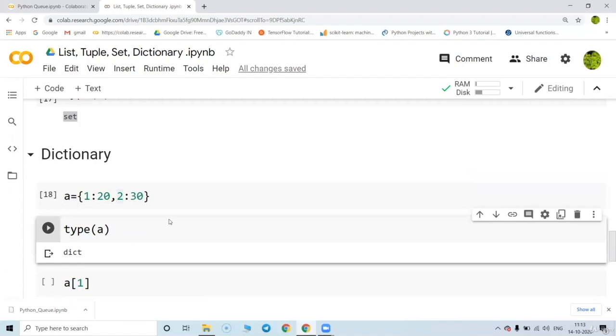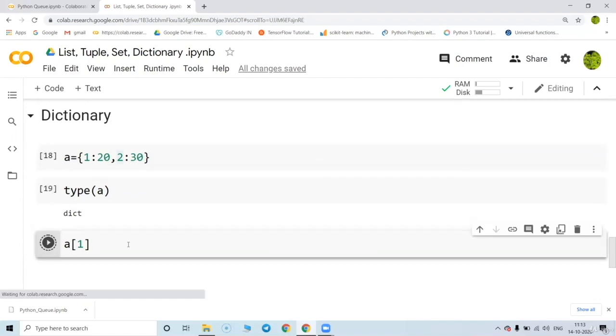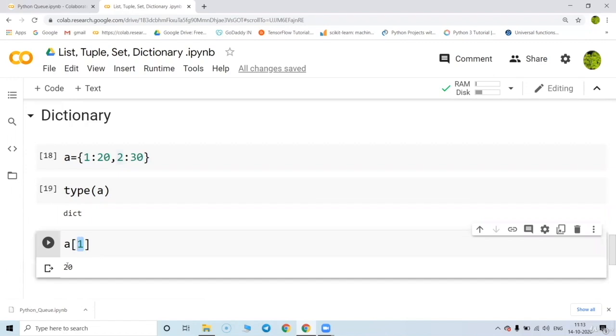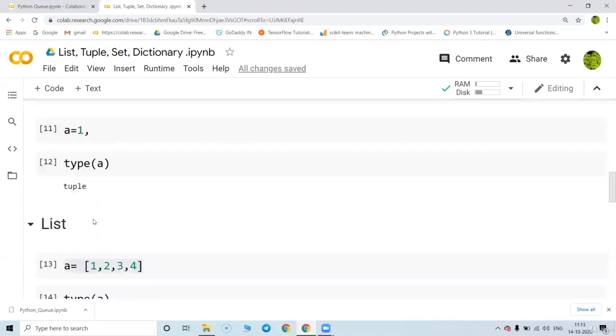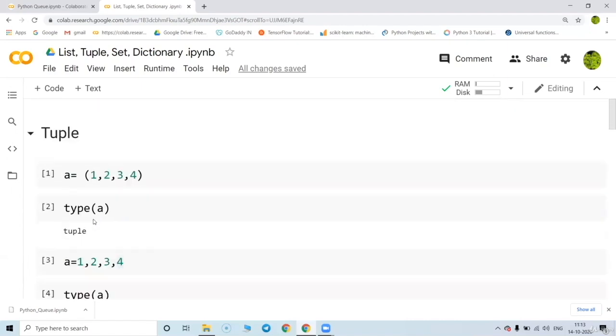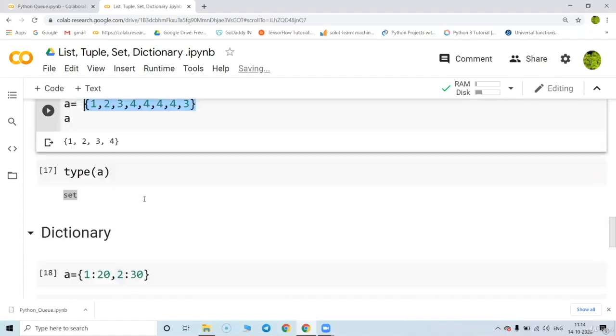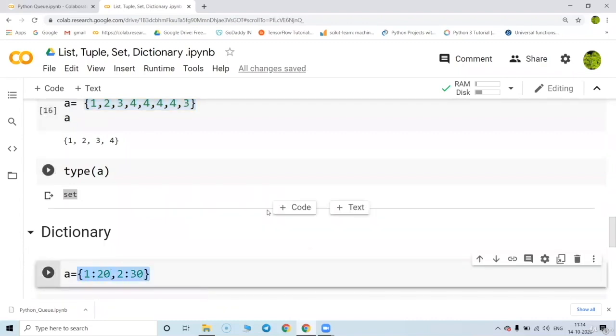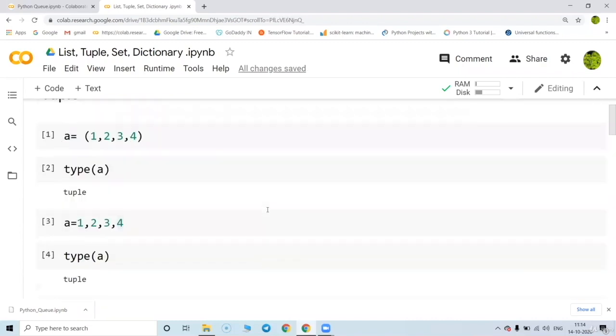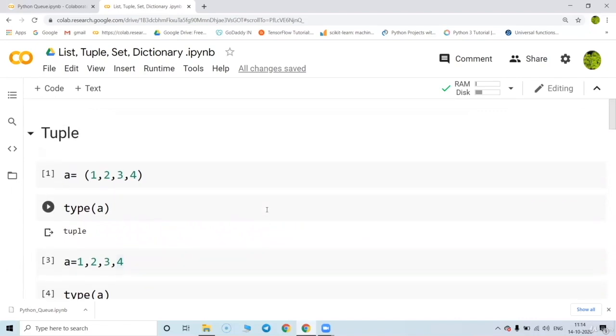So what is the type of this? The type of this is a dictionary, and if I type a key over there, this value is going to come. So you cannot reach the value directly in a dictionary. So these are the main four data structures of Python: list, set, dictionary, and tuple. In the list we have the square bracket, in the tuple we have a normal bracket. Set and dictionary have a curly bracket. But in the set we don't have any key and value pair, whereas in the dictionary we have a key and value pair. So I hope the introductory part of the list, set, tuple, and dictionary is very much